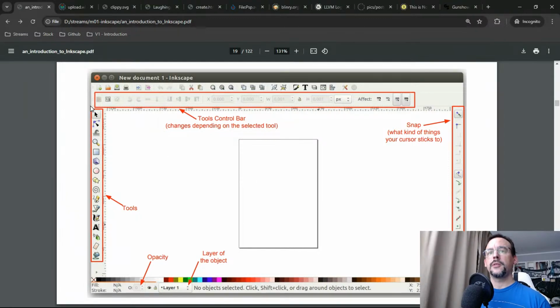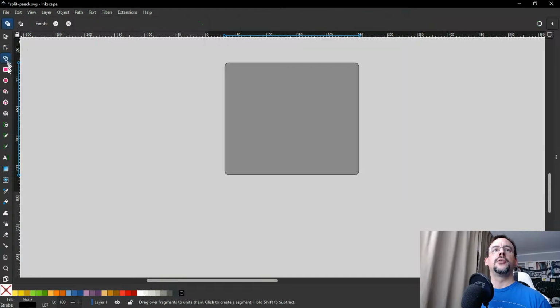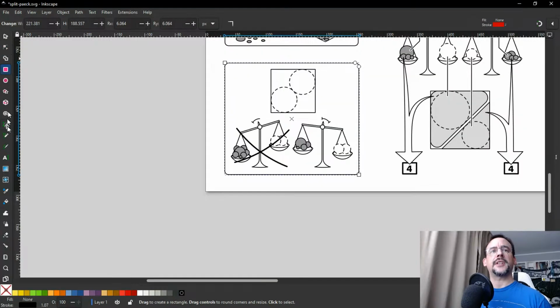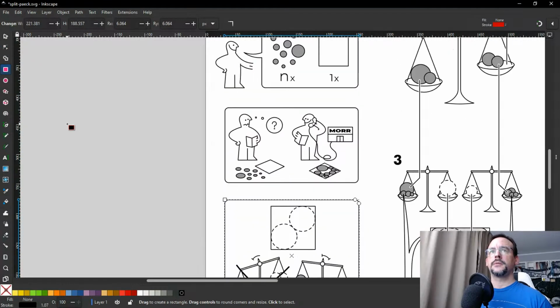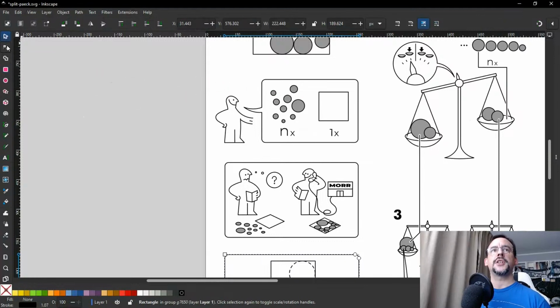The GUI of Inkscape. So you have the tools on the side, very classic stuff. Then you have the toolbar that changes with every tool that you use. There are lots of tools that I don't use, by the way. And then there will be something that is called a snap bar, which is where, when you draw something,